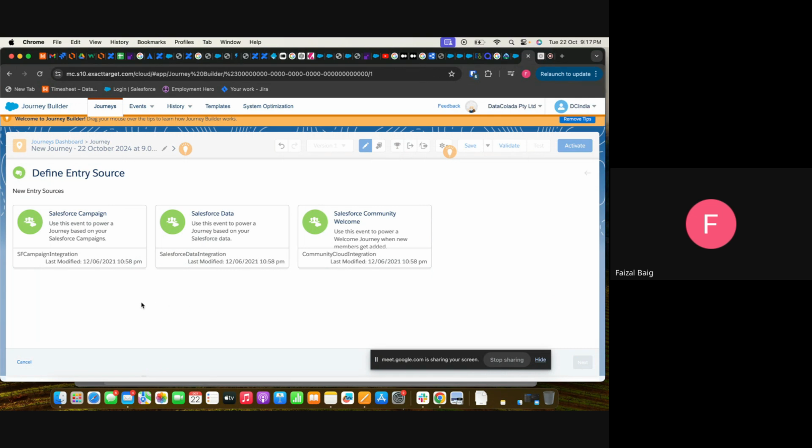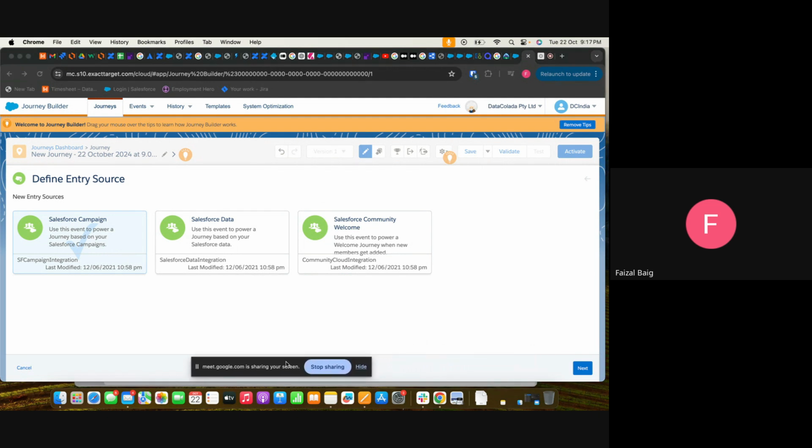So when it comes to Salesforce as the data entry, what we have seen is that you can select the Salesforce object or a Salesforce campaign and add the customer to the journey. For example, if I'm selecting a campaign, the subscriber or the customer who is opting into a campaign does not need to wait to go into the data extension.